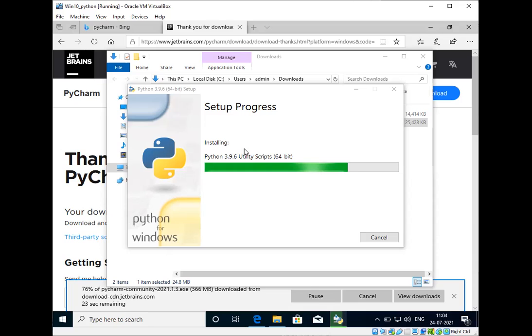It will install all the files to C, AppData, the users folder.